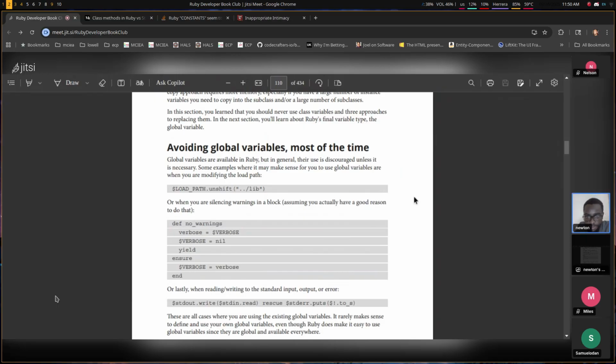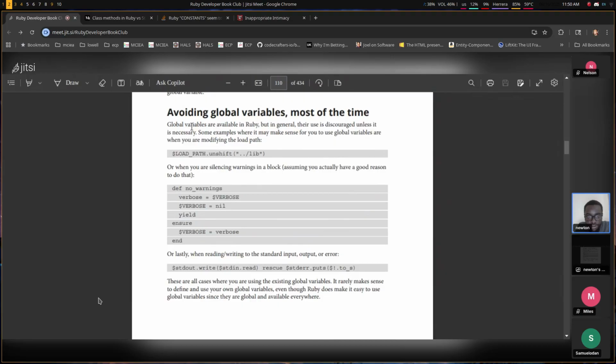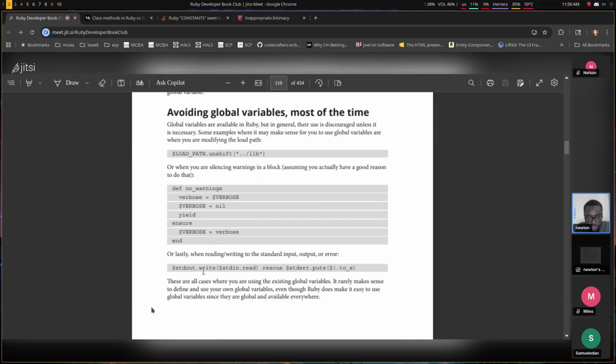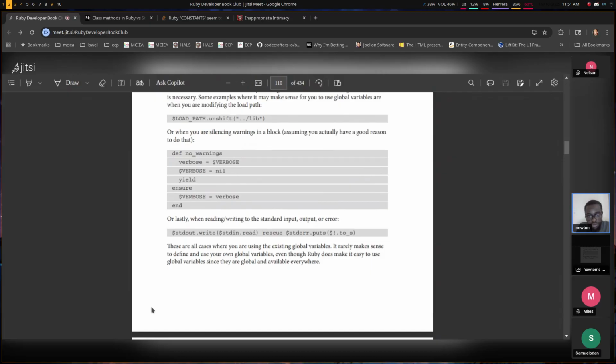Okay. So this is the last section in the chapter, and we'll be looking at global variables. Ruby has some global variables by default, for example, load path and verbose, and then global variables related to standard input and output. Most of the time, using global variables is not entirely discouraged, as you might have use cases where you want to use the global variables that come with Ruby itself. But in the few cases where you feel like you want to create your own global variable,